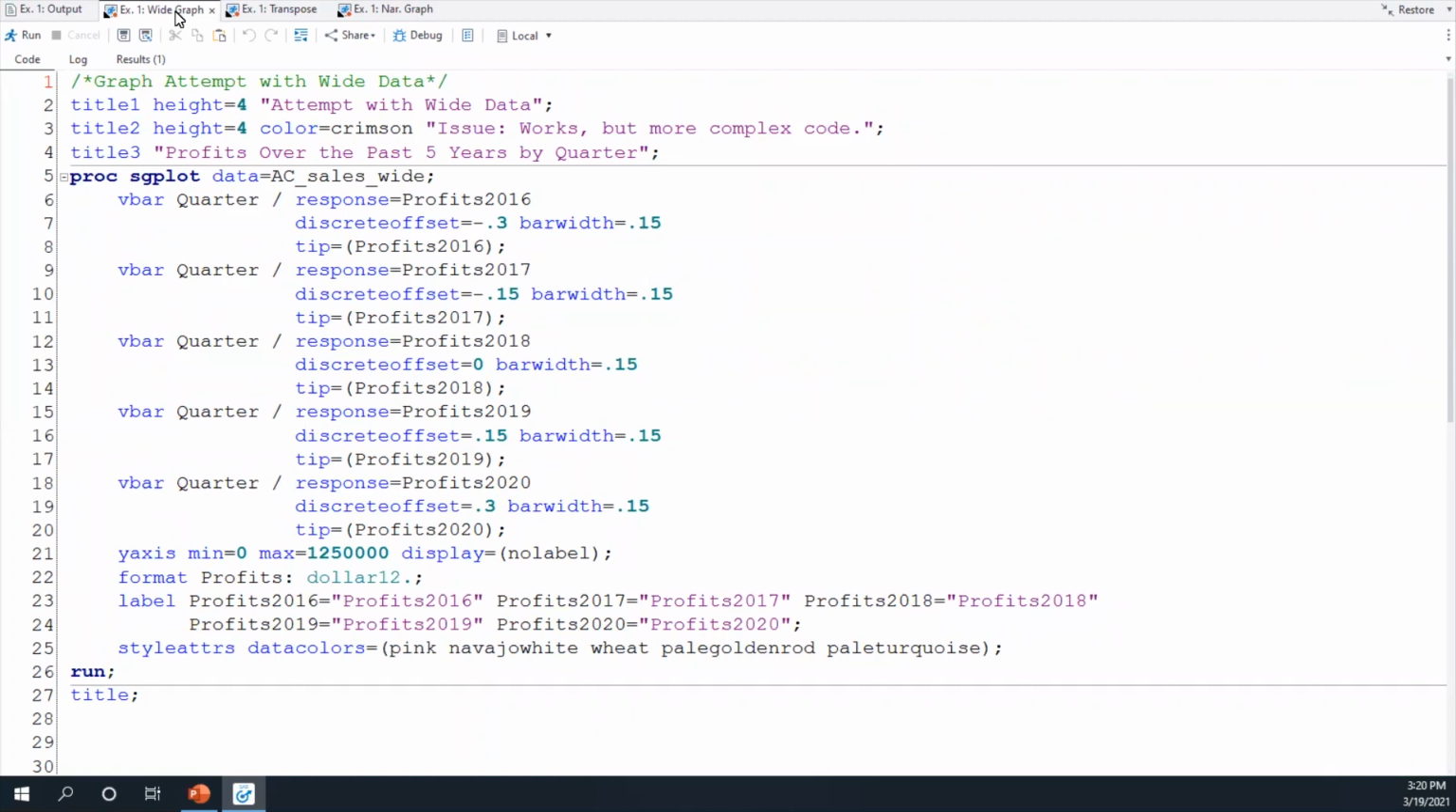So in our proc sgplot step, you'll notice we've got one VBAR statement for the profits for each year, for a total of 5 VBAR statements. To prevent the bars for each year from overlaying each other, we need to offset the bars to create a clustered chart. This took quite a bit of guess and check on my end when writing this code. I had to play around with the bar widths and offset values to get the graph looking exactly how I wanted it. But once I run the code